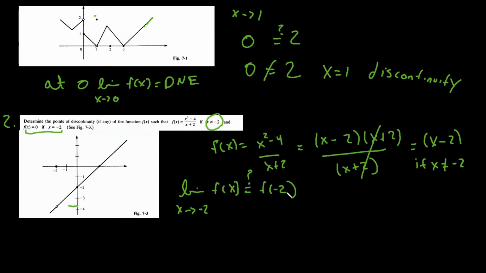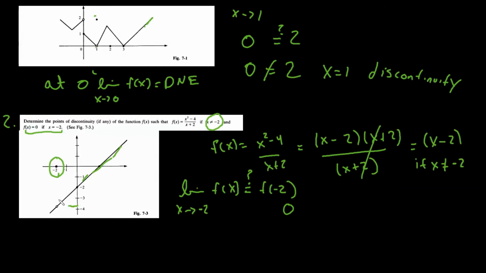If I plug negative 2 into our function, we get 0, the black dot at 0. And if we take the limit as x approaches negative 2, so if we follow the trace of the graph and we approach x equals negative 2,